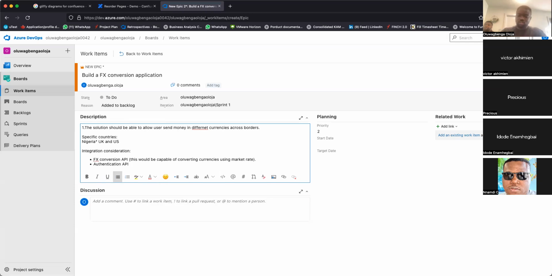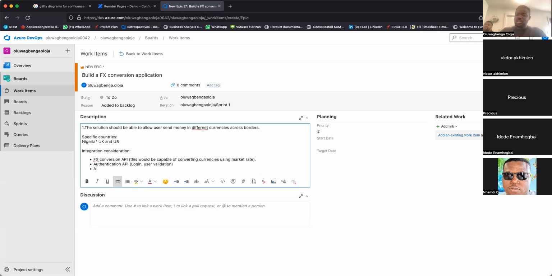This one is for login, user validation, account validation. No, let's leave that. Let's say account validation API. API is application programming interface.